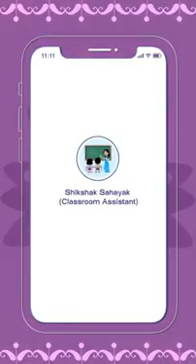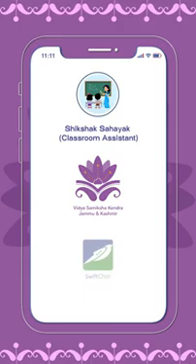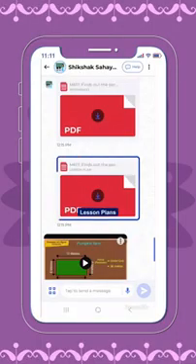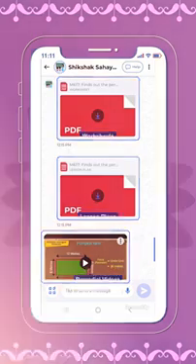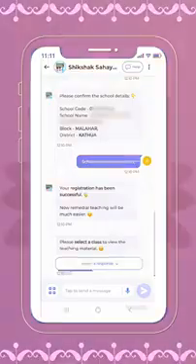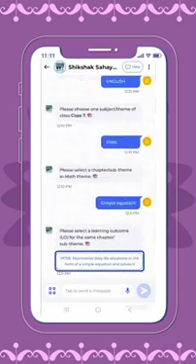This is where Shikshak Sahayak chatbot, powered by Vidya Samiksha Kendra J&K on Swift Chat, makes a real difference. First, it generates lesson plans, worksheets, and remedial videos at the click of a button. Teachers can easily access remedial resources by selecting the grade, subject, and the learning outcomes in which students are weak.